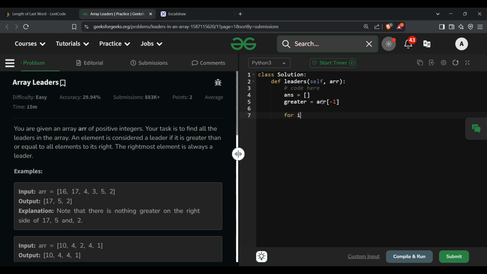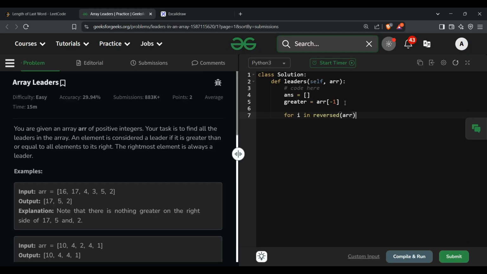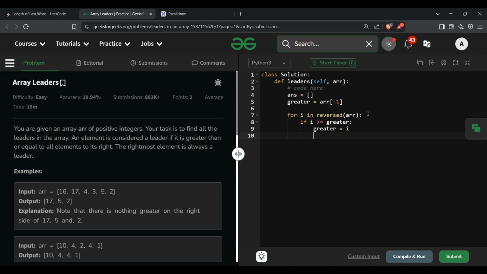So for i in reversed arr, all elements will come in reverse order. If i is greater than or equal to greater, we will update greater equal to i and append